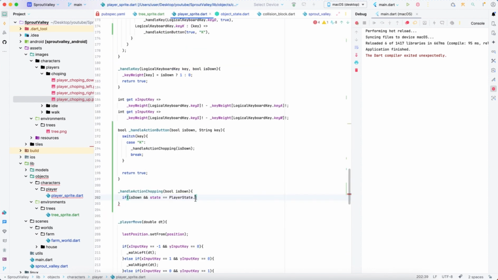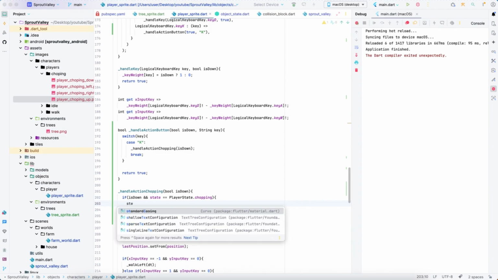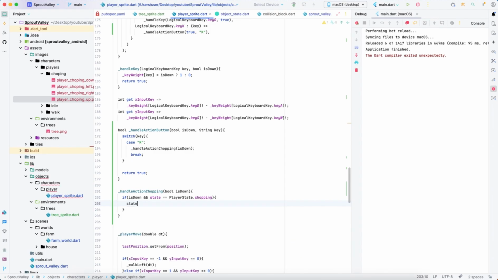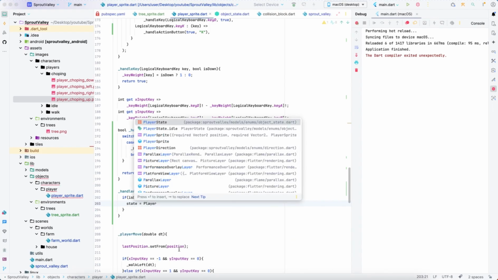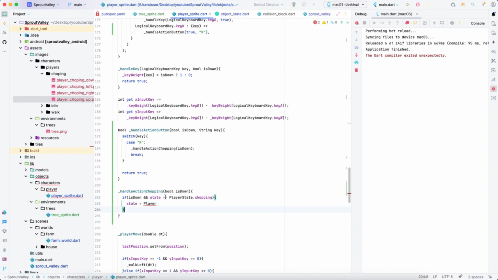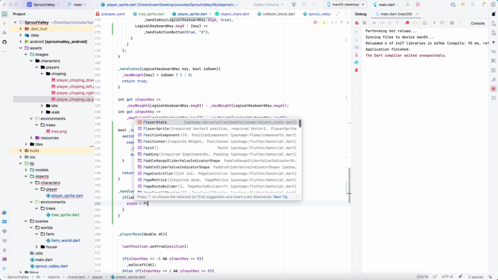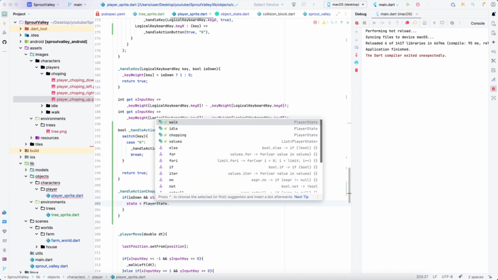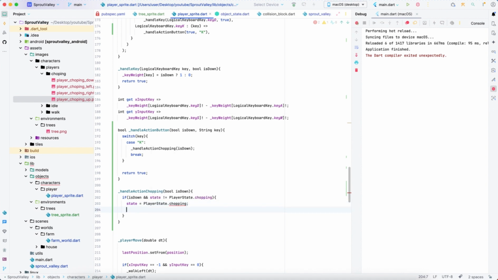So it's chopping, and then I'm gonna change the state for... sorry, I think this is not chopping. If the state is not chopping, then player state is chopping,